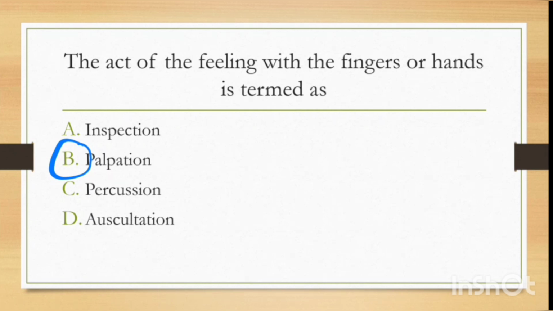I also want to tell you what inspection is. Inspection is the act of looking at something. And what is percussion? Striking one solid object against the other with some force, like striking one finger over the other, keeping it on the chest. That is called percussion. Now what is auscultation? Listening to the sounds with the help of a stethoscope is called auscultation, like heart sounds, lung sounds, fetal heart rate,